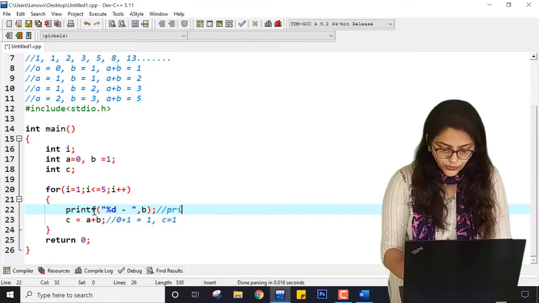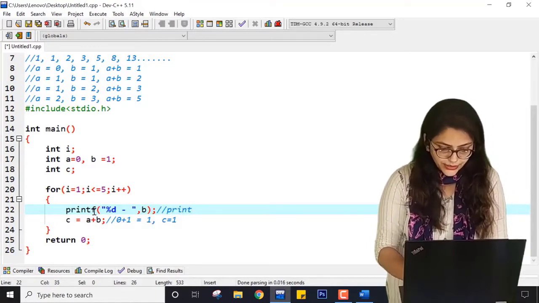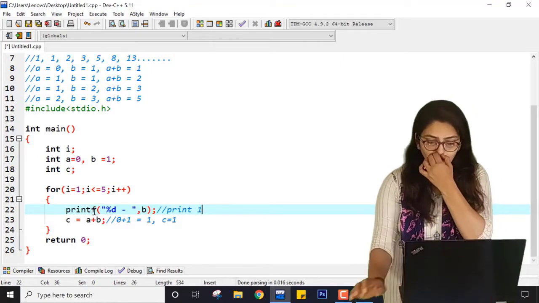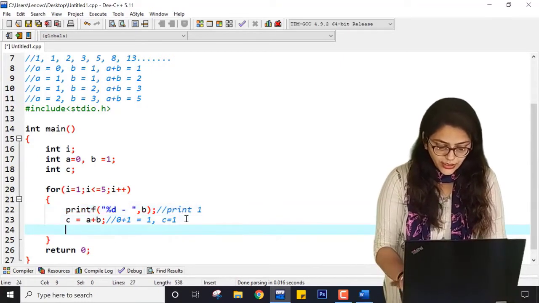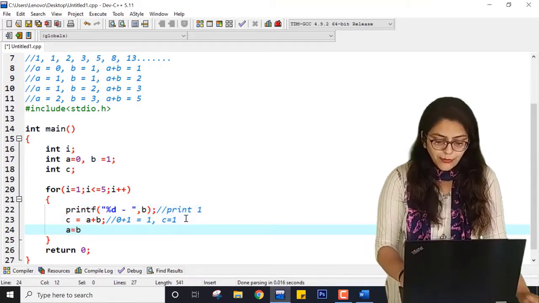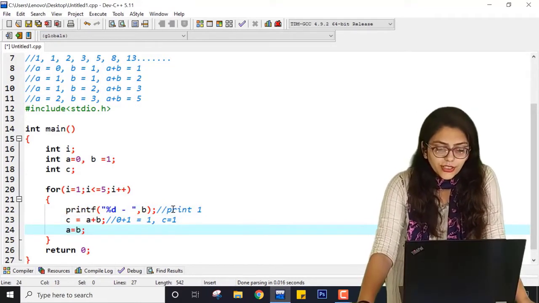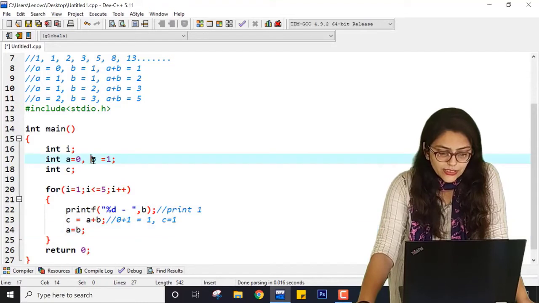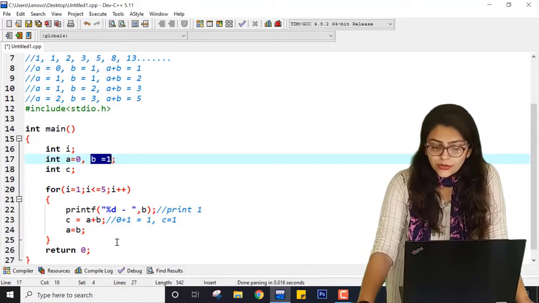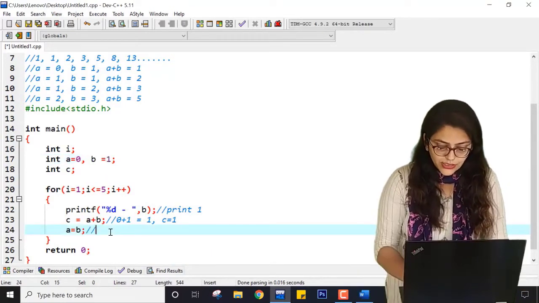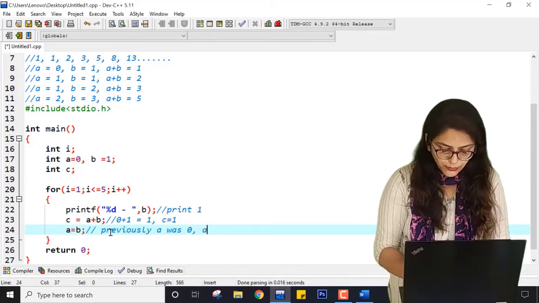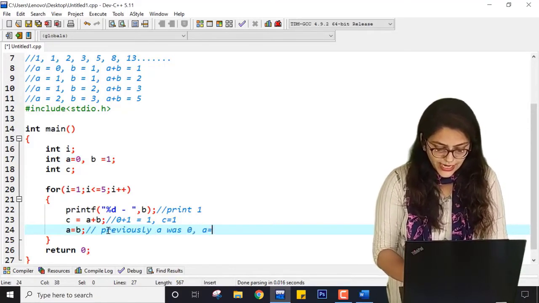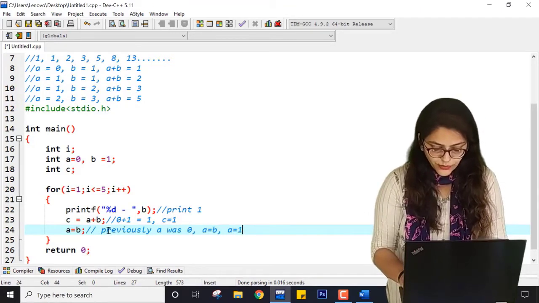So first, what will be printed? b's current value is 1, so 1 will be printed. Then I am going to add, so c will be 1, and here what I am going to do? I am assigning b's current value, that is 1, to a's value. So previously a was 0, but now after a equal to b, a becomes 1.